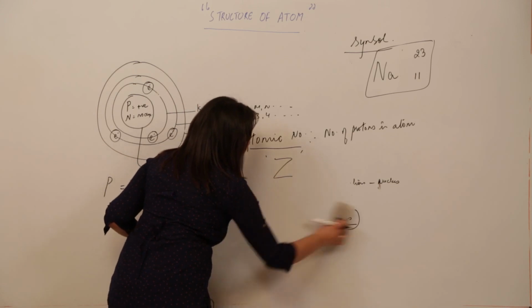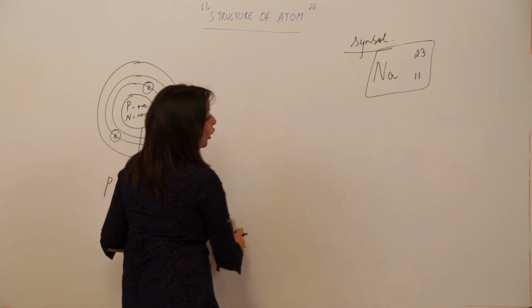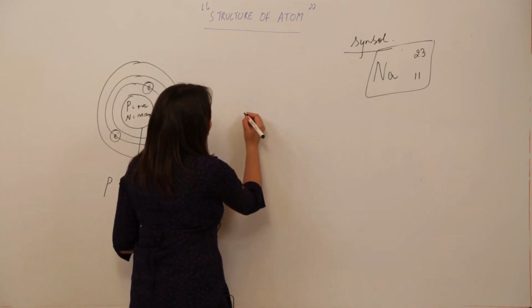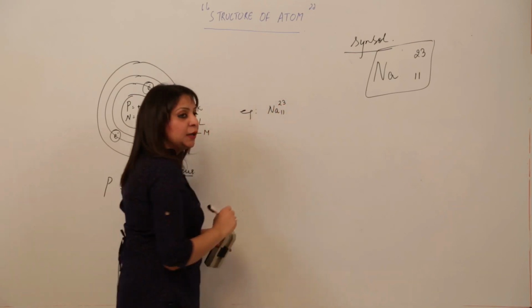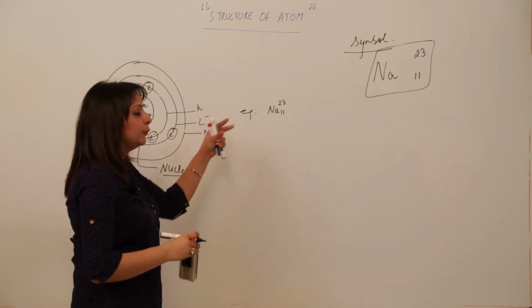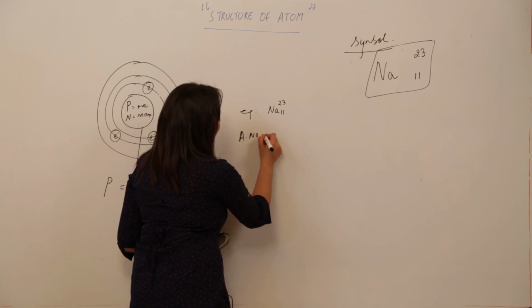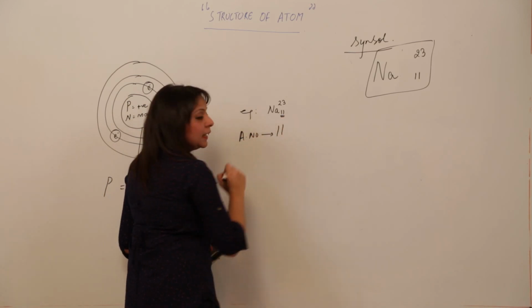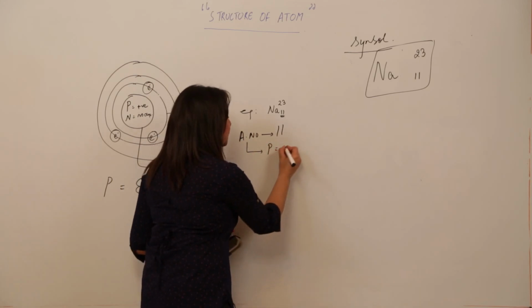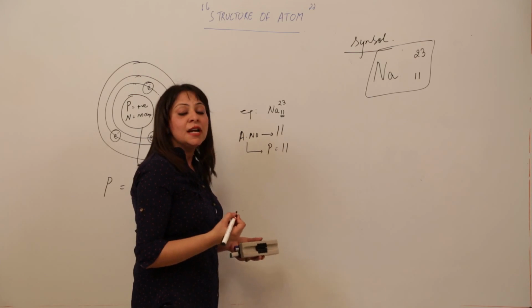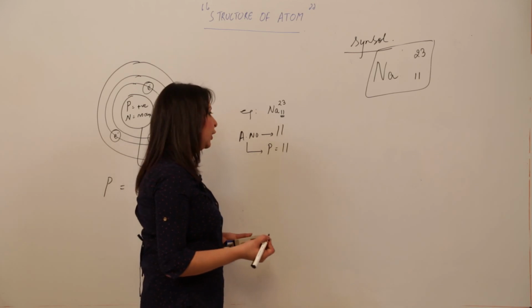Look carefully at the board so that you will be able to make the atomic model of different elements. So for example, I am taking sodium. As I have told you, mass number is 23, atomic number is 11. So what information do we get from the atomic number and mass number? See, the atomic number, written as subscript, is 11. Atomic number corresponds to the number of protons. That means protons are 11, because atomic number is actually the number of protons present in the atom.